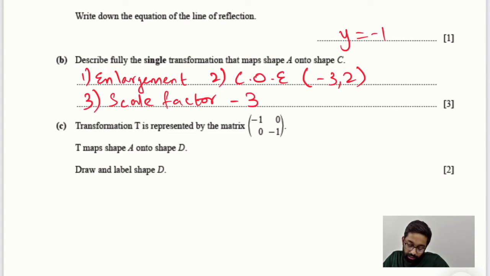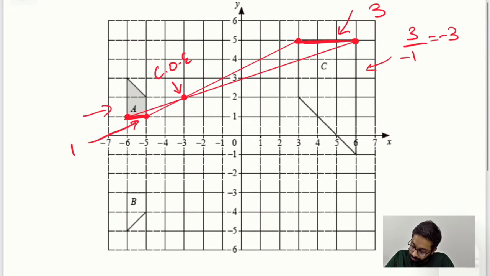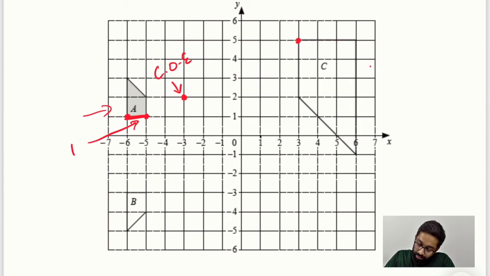Excellent. The third part says transformation T is represented by the matrix minus 1, 0, 0, minus 1. T maps shape A onto shape D. Draw and label shape D. Okay. First let's remove all of these marks. One second. Okay. Now,